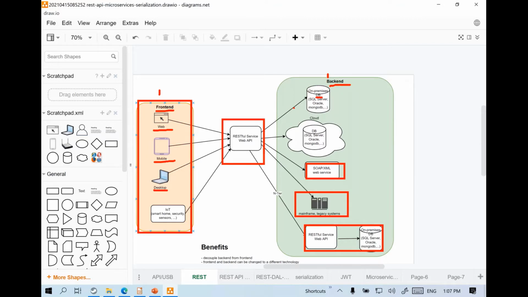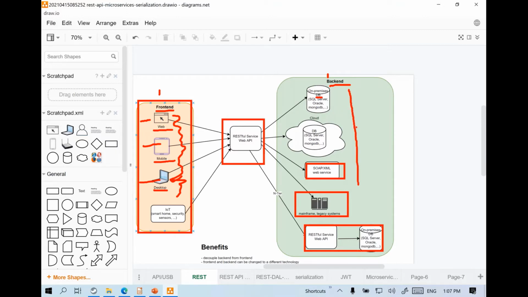If you do not decouple, the drawback would be that your front end developer needs to know, like especially the desktop application developers, they need to know what database server you need to connect to. They need to hard code the logic and database connection strings and everything. So initially, if you're using Oracle, down the road you end up using MongoDB, or you end up using some cloud-based solution like Cosmos DB, DynamoDB, and so on. You will have to rewrite the code. So we do not want these application developers to rewrite code if you have decided to change your backend.